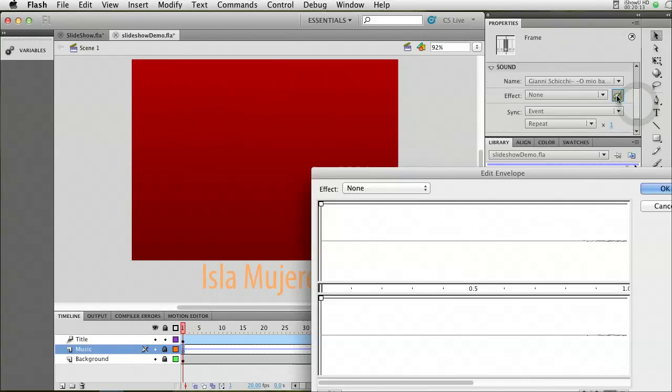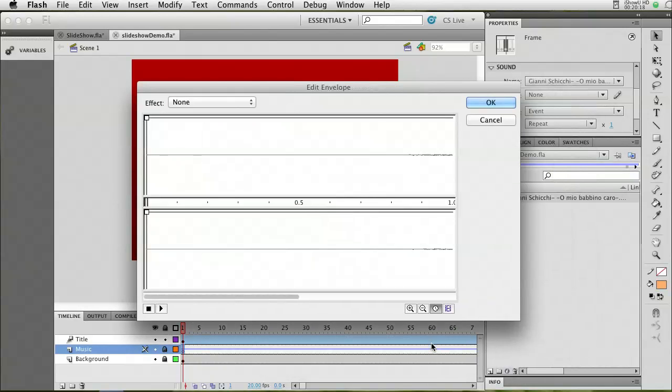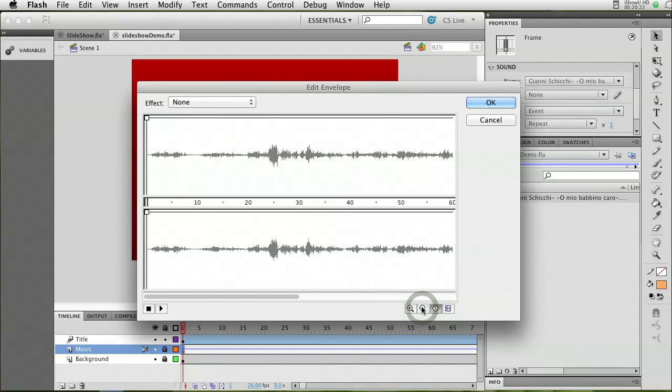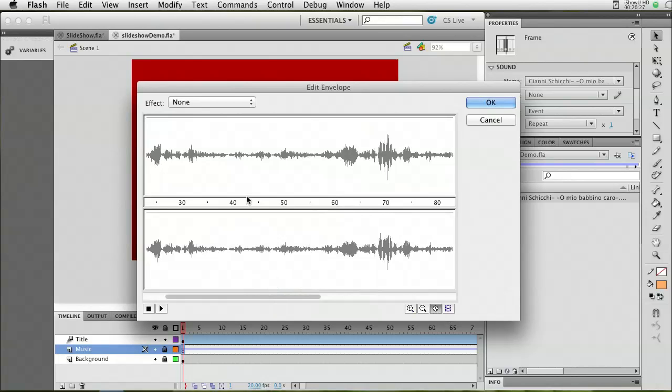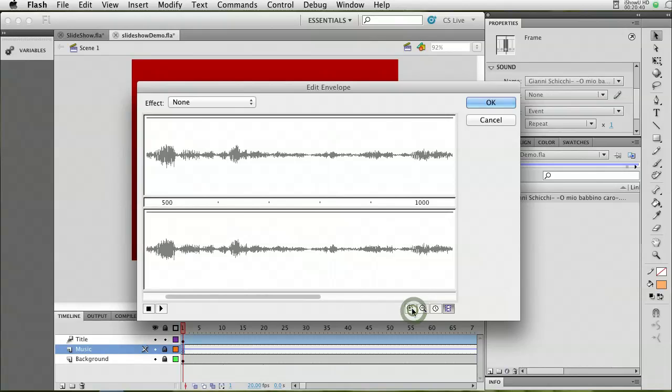And what I want to do, I'm going to edit the sound envelope actually, and what I plan to do here is make the music stop after 60 seconds. So this is the timeline showing my music in seconds. So at 60 seconds, or I could also use 1200 frames. If you switch over to frames, it will show you exactly the frames that go with it. So at 1200 frames, I want this to be